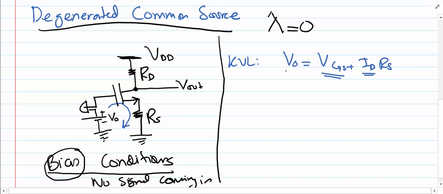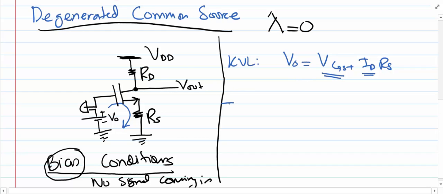V0 is known because we have applied it from the external side. R is also known to us because this is what we have connected. ID and VGS are unknown yet. So now we've got two unknowns. It means we need another equation,